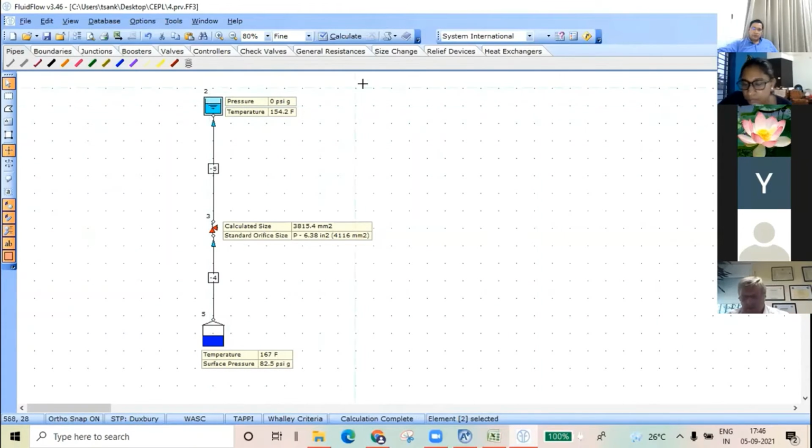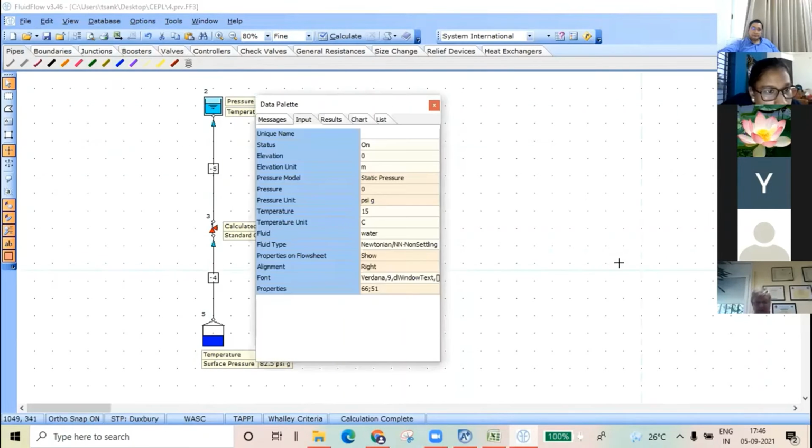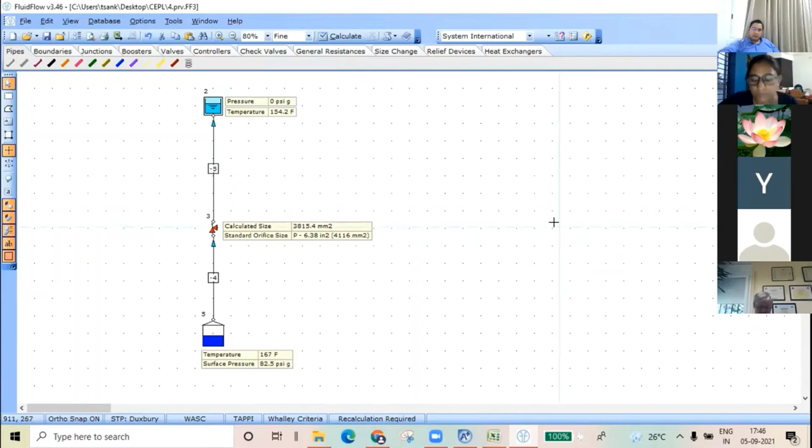Now for subcritical flow, we had some other input for outlet, PSV outlet, which was 55 psig. Remember example 2, 55 psig. So please change that input for the tank PSV outlet from 0 psig to 55 psig. And again run it. Calculate.